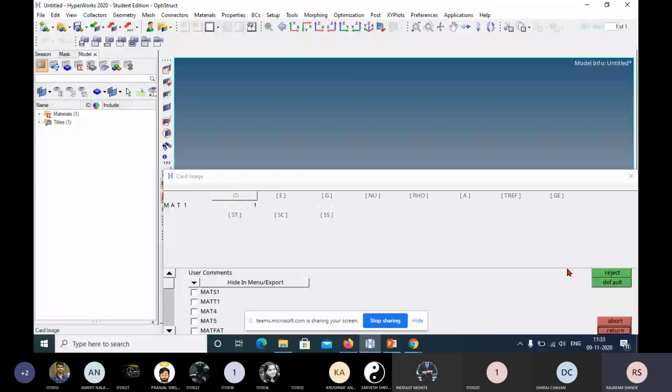Now after clicking on the create/edit option, you will get these symbols or notations. First is E, the modulus of elasticity. G is the modulus of rigidity. Nu is Poisson's ratio. Rho is density.